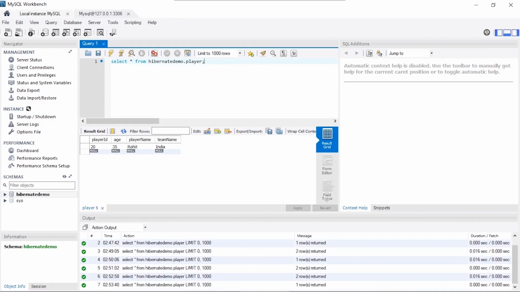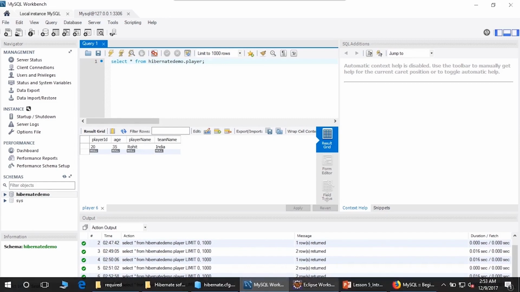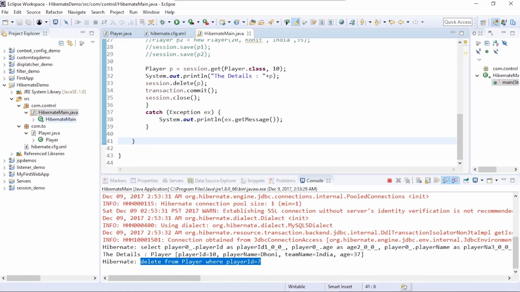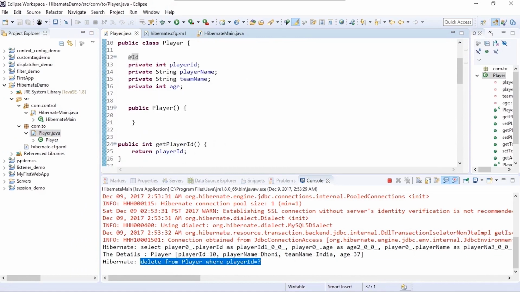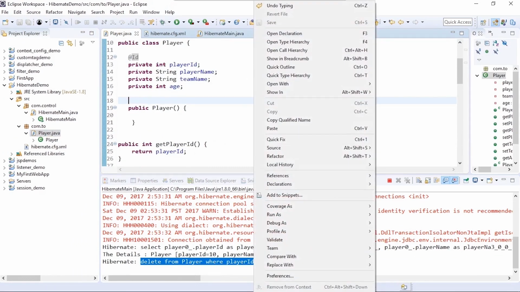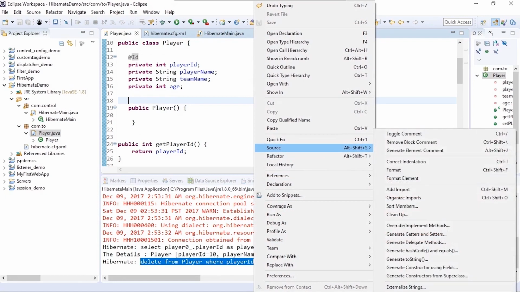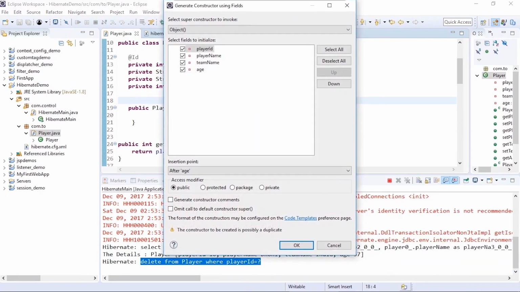Now similarly, we have multiple annotations available. So let's assume that we want to auto increment the player ID every time a new player record is generated. So for that, we'll create a constructor with just player name, team name and age.